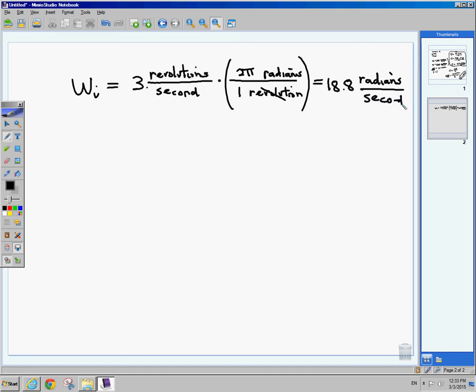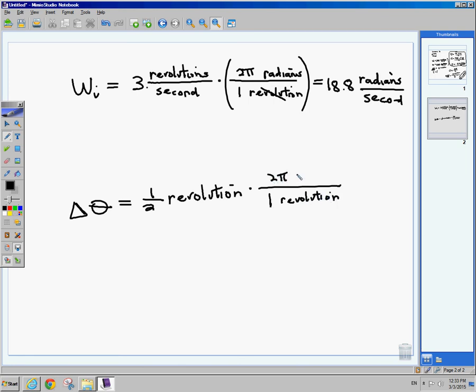And then you could do the same thing for the final angular velocity. And then if you want, then what about your change in theta? Well, they said it was a half a revolution. Factor labeling on that, and we know that 1 revolution is 2 pi radians, and that would come out to be what? 3.14 radians. So you can do the whole problem in radians and radians per second to get the time,